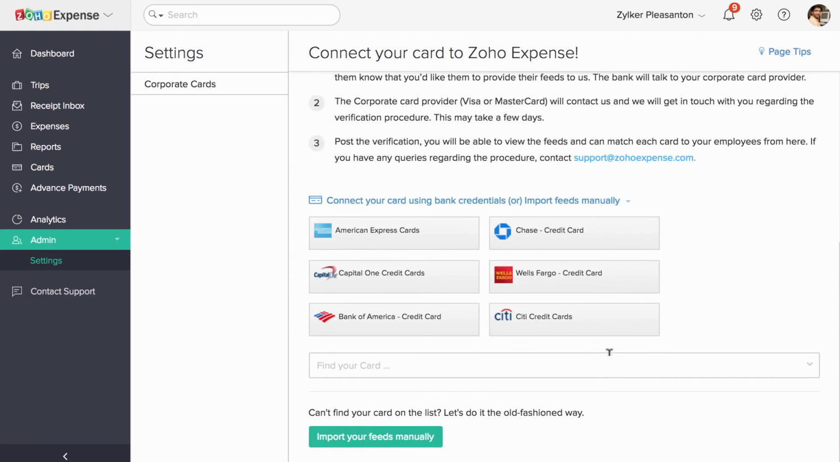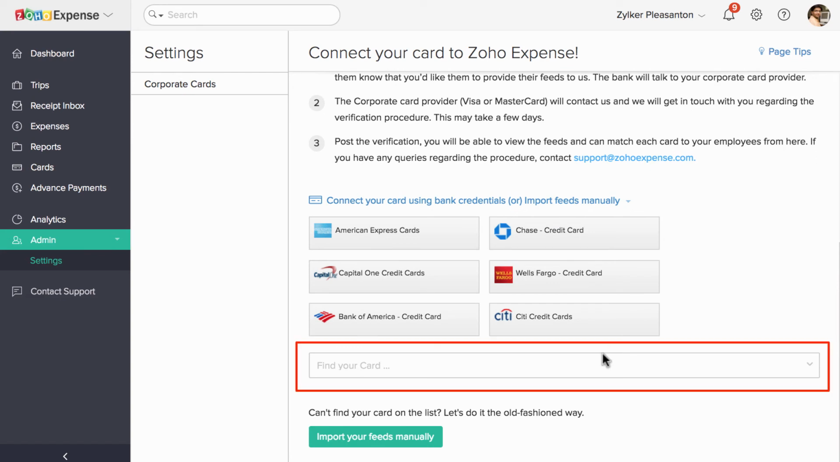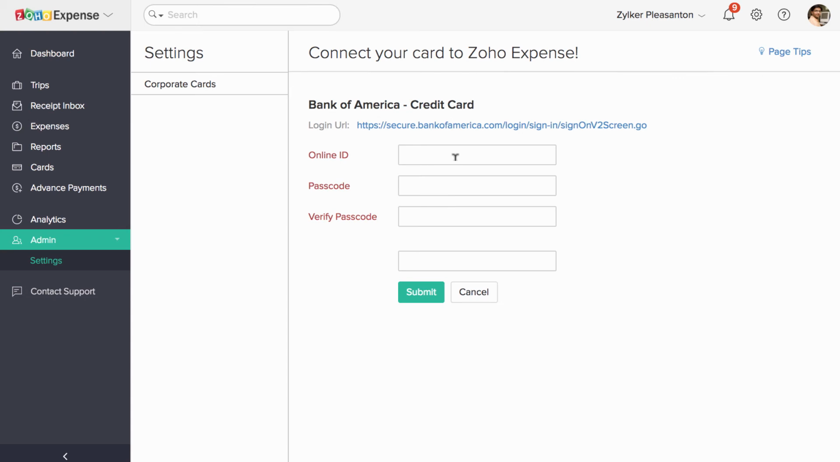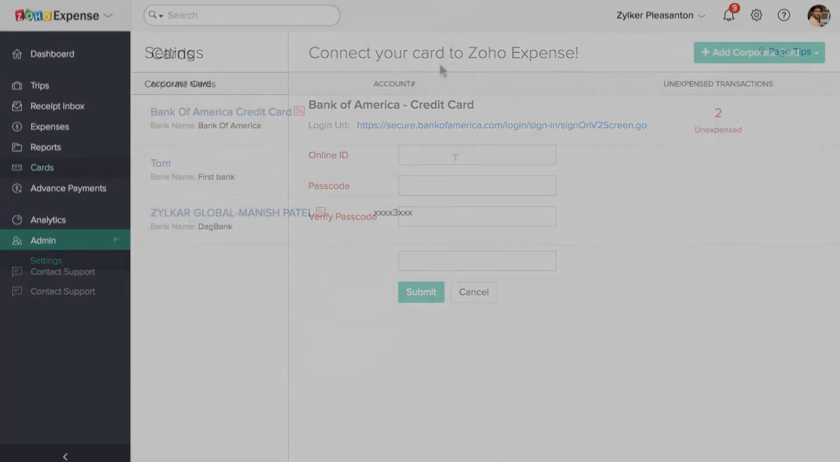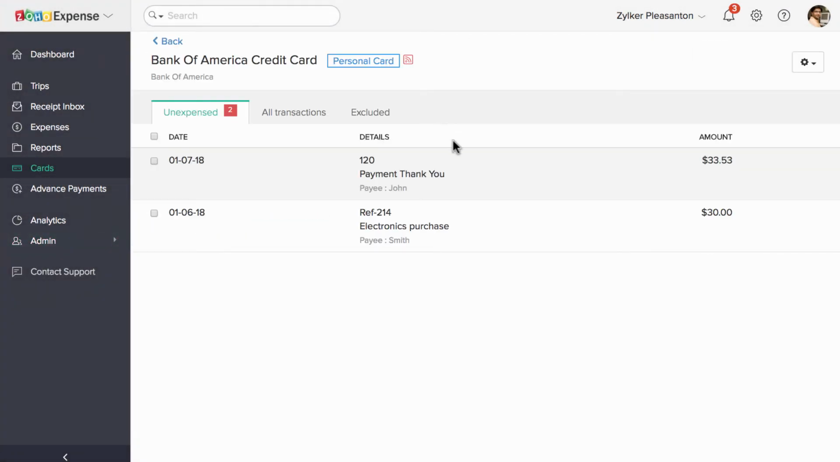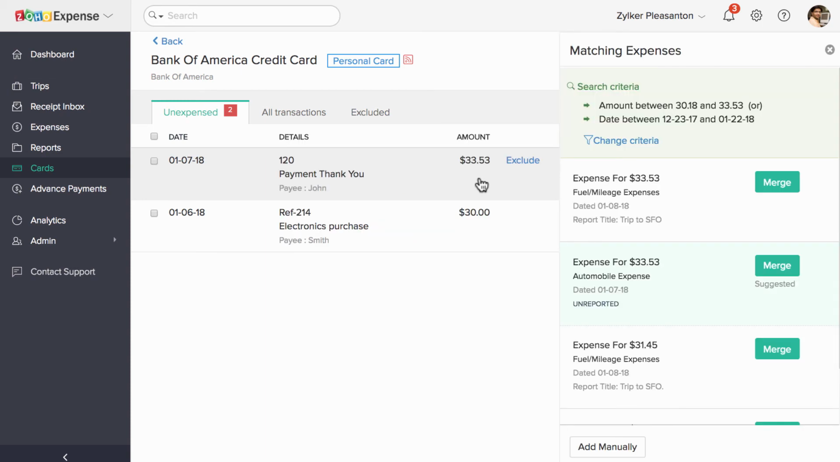You can also connect with your bank directly to fetch feeds. Choose your card from here or use this option to search. Enter the credentials and save it. Now Zoho Expense will fetch your bank feeds. When you click on a particular feed, you will have an option to convert that to an expense. If you have recorded an expense transaction already, you will have this option called Merge to match this feed with